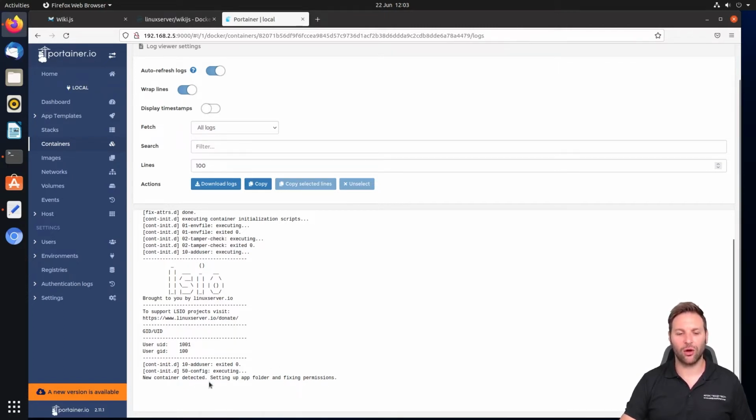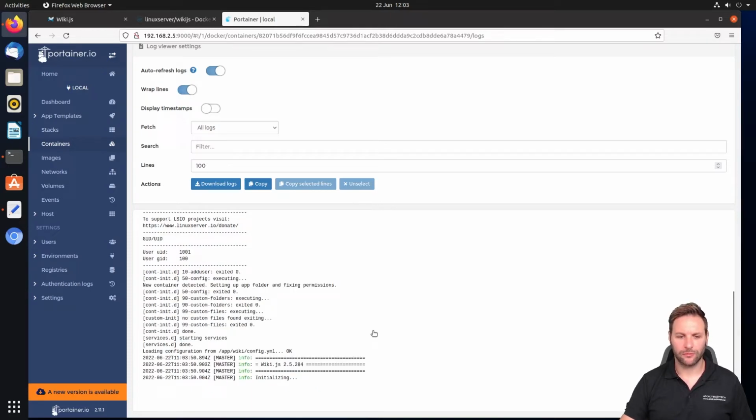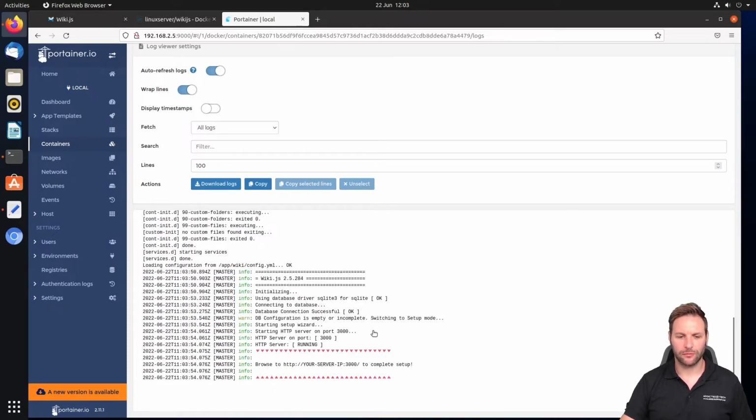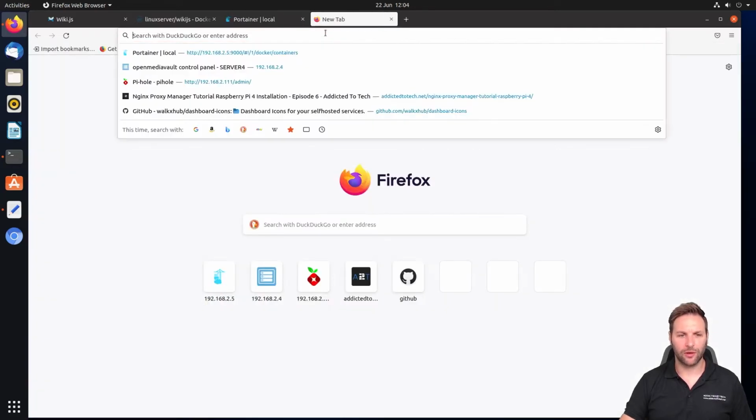As you can see in the log, it's setting up the app folder and it's fixing the permissions. So we just have to wait for this process to finish and then we'll connect to it. And as you can see now, it's completed and we can browse to our port 3000 where it's stored. So we're going to go